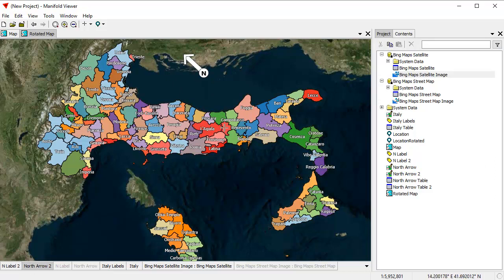Manifold, of course, is not quite at the point where it's going to let you drag and drop north arrows that have already been pre-created for you. That's coming in a month or two. At the rate of a few hundred improvements every month, Manifold is evolving very, very rapidly, and that, of course, goes for Manifold Viewer. We've done all this in the free viewer